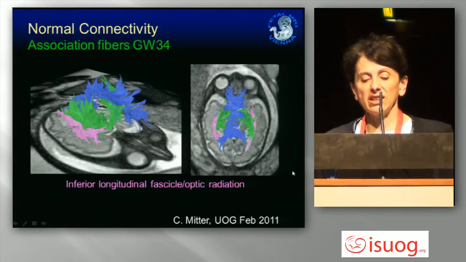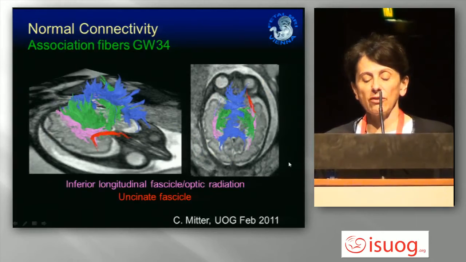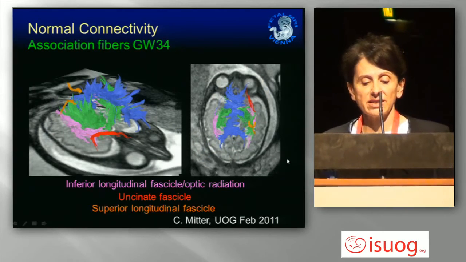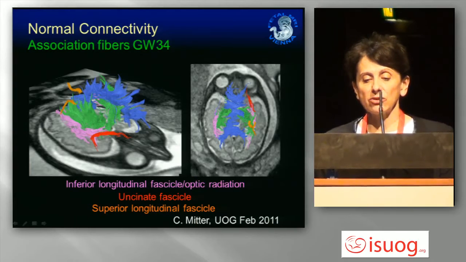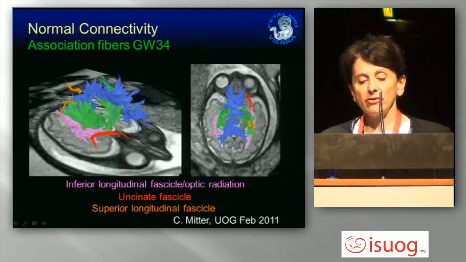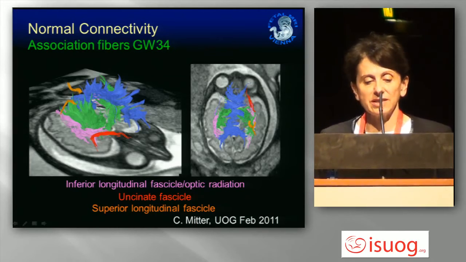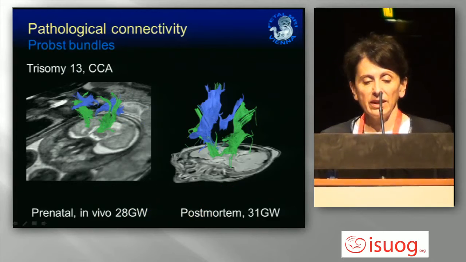In older ones, you get a lot more fibers of connectivity, and we are interested especially in the fibers such as the uncinate fascicle in the temporal lobe, as these tracts may be involved in speech development, and we are working at the moment on looking at this information, whether it would allow us to make better prognosis than without having this information. Of course, we are not always sure whether it's correct what we are seeing.